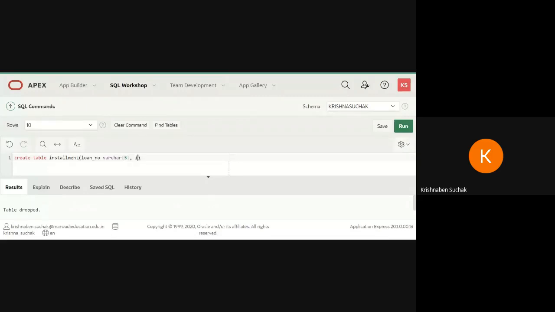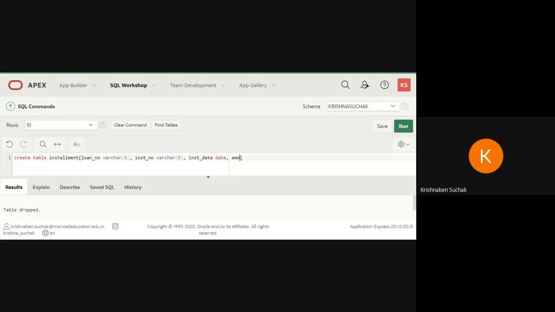And installment number, varchar, right? Then installment date, data type is date, right? Because here we do not need to mention the length.